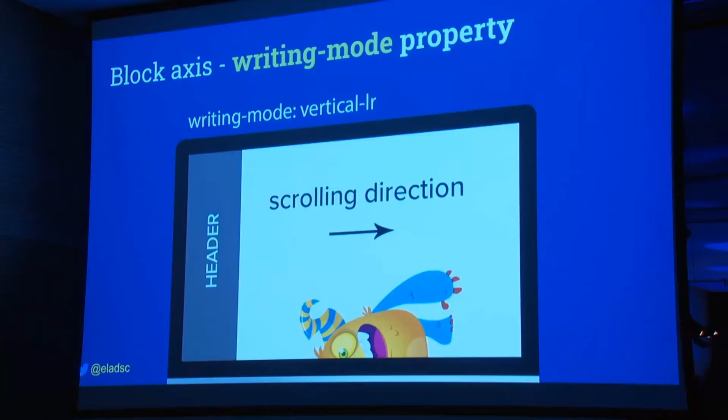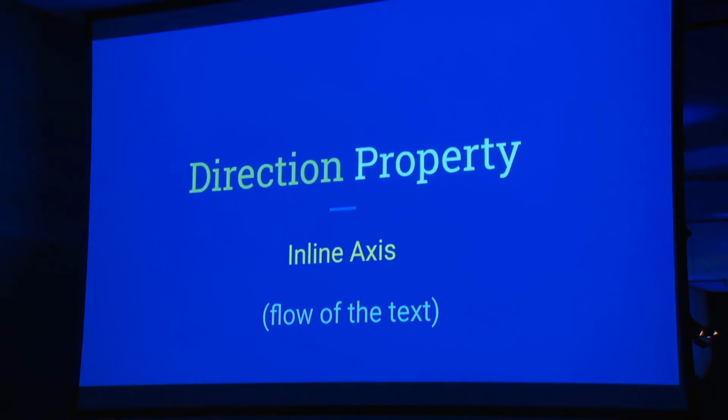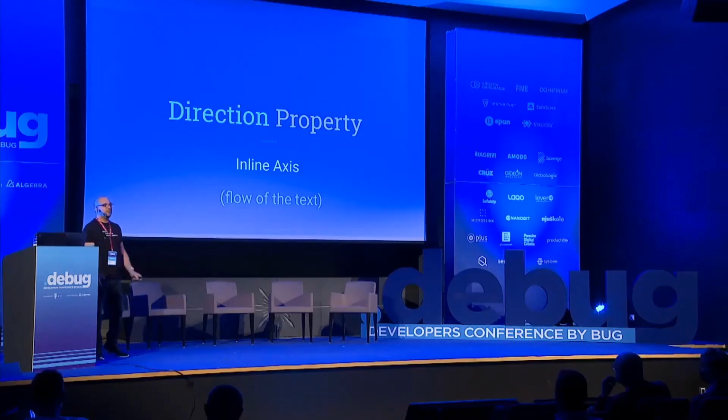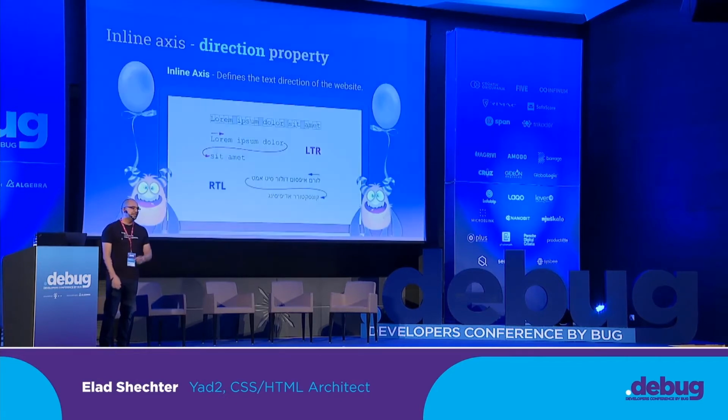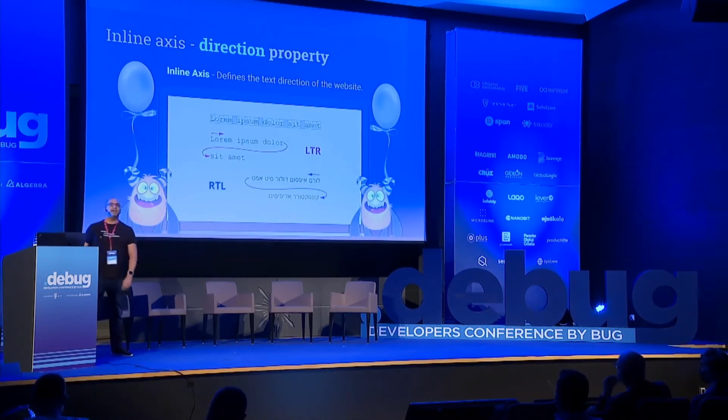And yes, in those types of languages, the text is being written in a vertical direction. To control the inline axis, you maybe already know this property. This is the direction property. But until now, you didn't know that this property is controlling the inline axis. And there isn't anything new with this property. It has two values, LTR for all the left-to-right languages and RTL for all the right-to-left languages like Hebrew